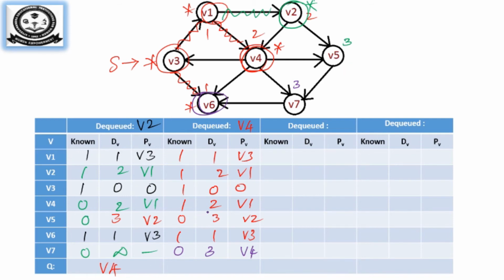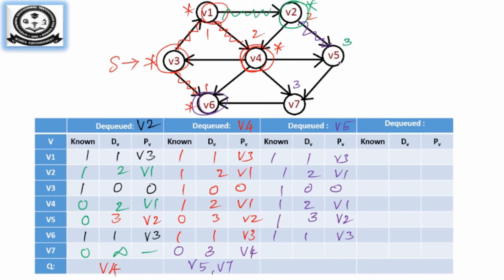Now which are the unvisited vertices? V5 and V7. So we are going to choose which is minimum. Both V5 and V7 are there. So we will push V5 and V7 into the queue. First node to be dequeued is V5. So let me write the other vertexes which are already visited. So 1, 2, V1, 1, 0, 0, 1, 2, V1, 1, 1, V3. Okay, so now V5 is made visited. So I will put 1. The distance is 3, which is calculated from V2. So this is the way I have calculated V2.